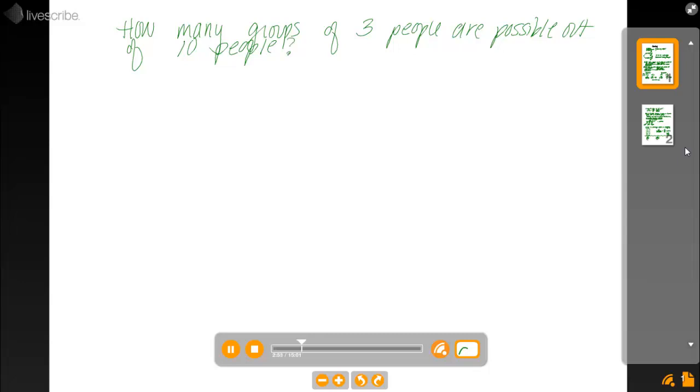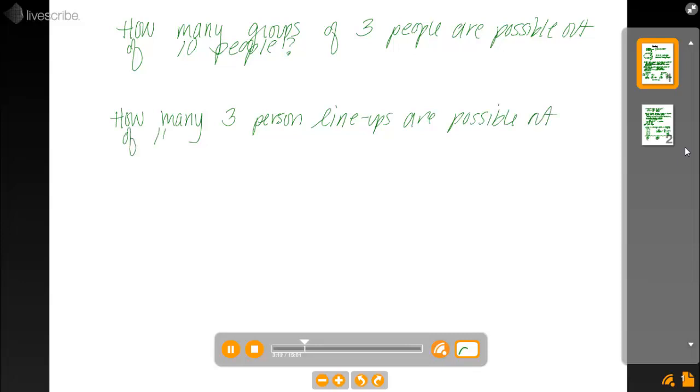Before we answer this question, I want to also write down another question. How many 3-person lineups are possible out of 10 people? So here we're still picking 3 people, but this time we're lining them up in an order. So if you imagine 10 people, A, B, C, D, E, F, G, H, I, J, those are the names of the people. In this first example,